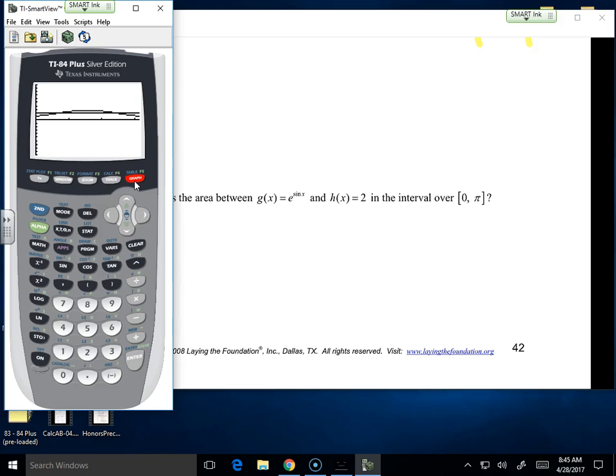So we have to go ahead and, wait, hold on. If we were solving by hand, we would have to find these intersections, and we would have to do the whole absolute value thing and find one integral from here to here, absolute value, one integral, absolute value, one integral from here to here, absolute value, one integral from here to here. Since we can look at a graph, we can actually figure out top, bottom for each. But wait,